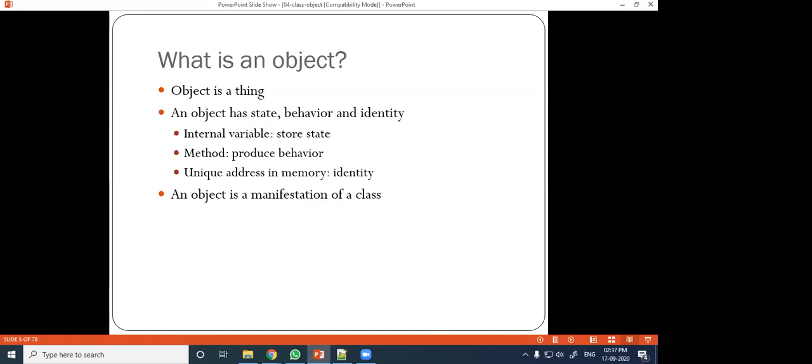Suppose a family keeps two or three cows; in villages people keep cows, dogs, cats, and other animals in their homes for different purposes. To identify each object, they give it a name, so that we can easily identify a particular object.